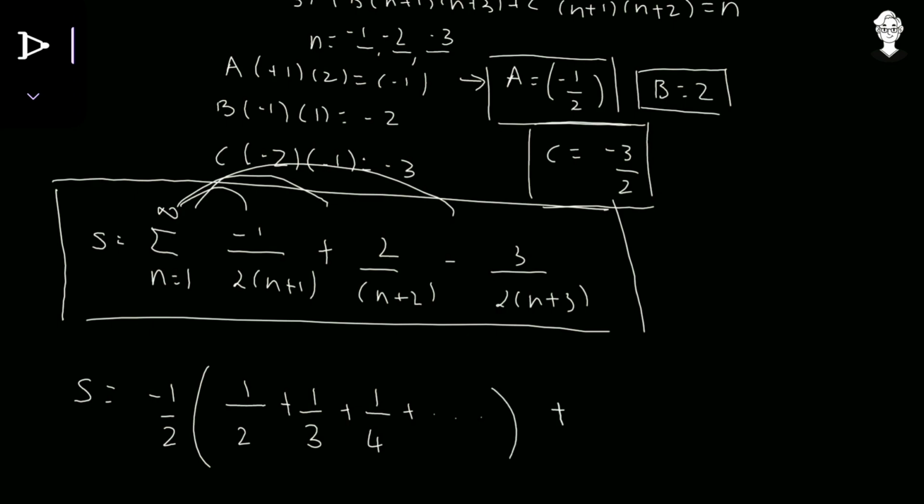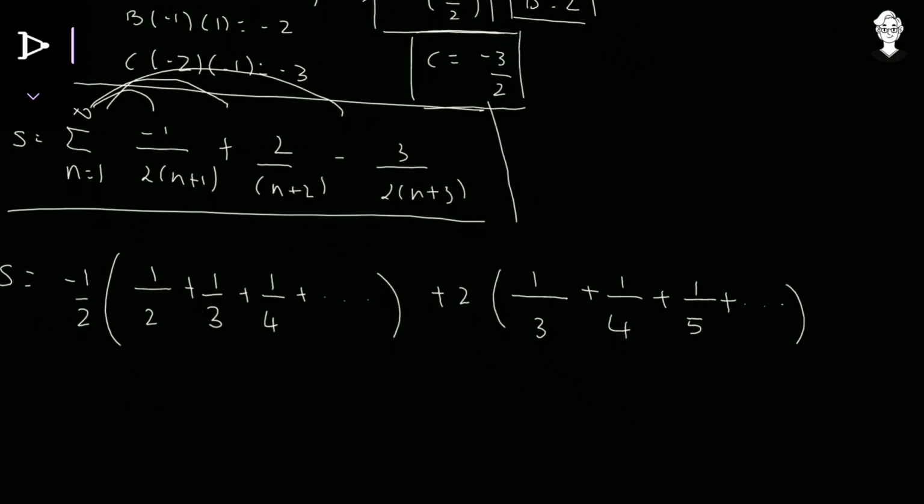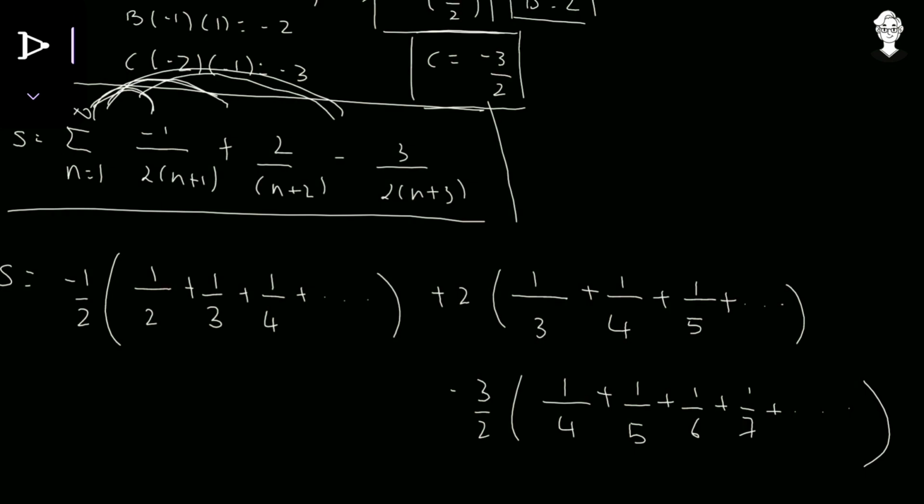Now the second thing, so it's plus 2 taken common, so inside the bracket 1 upon 1 plus 2, that is 3, plus 1 upon 2 plus 2, that is 4, plus 1 upon 3 plus 2, that's 5, plus dot dot dot because it will also go till infinity. And the summation of this thing, so we can take -3 upon 2 common, so inside the bracket multiplied with 1 upon 1 plus 3, that's 4, plus 1 upon 2 plus 3, that's 5, plus 1 upon 6 plus 1 upon 7 plus dot dot dot because it will also go till infinity. So we have opened this summation with this 3 and just plugging the values from 1 till infinity. So now let us simplify this particular thing.